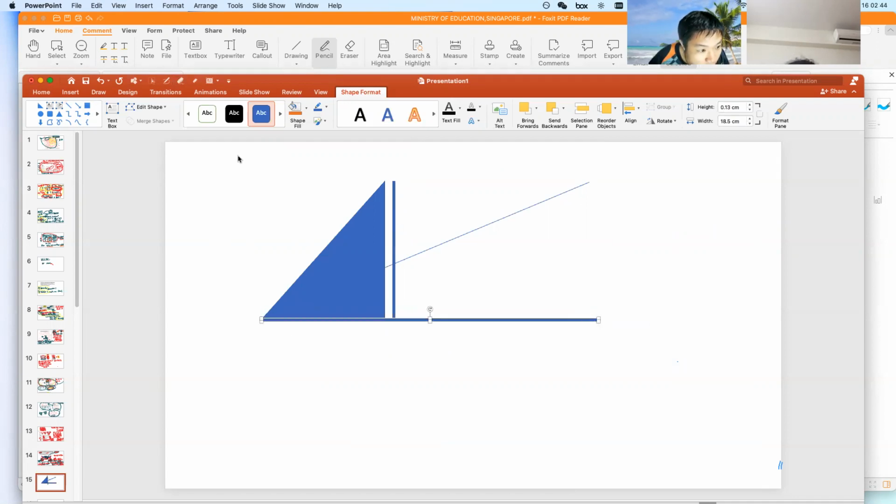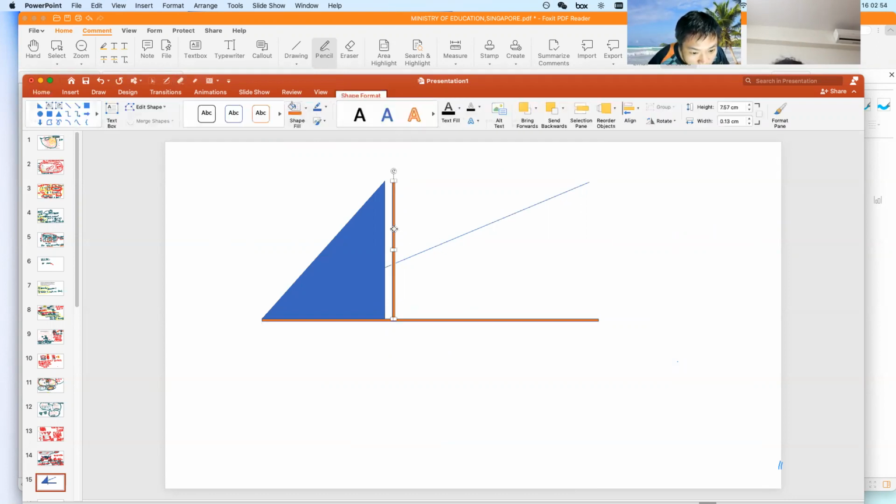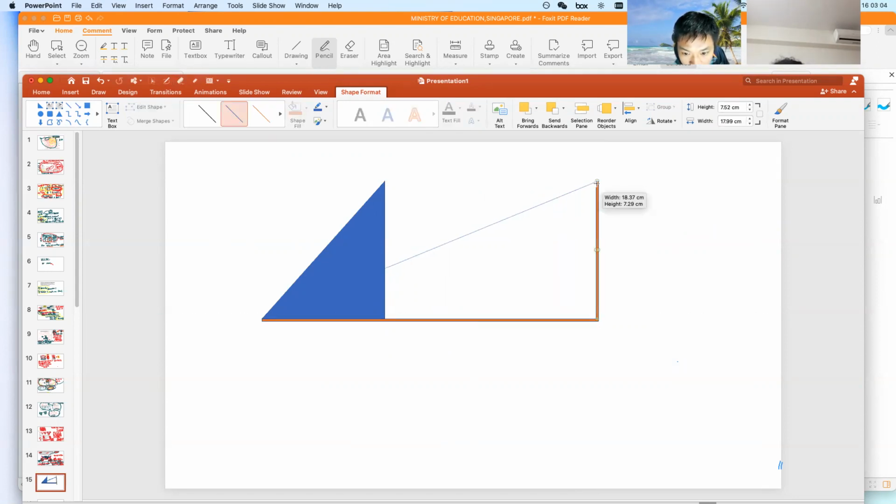Let me change the color so you don't get confused. So this is the height. What you need to do is keep the height always the same. Then you just extend it until it reaches such a point. Meaning this triangle is also having the same